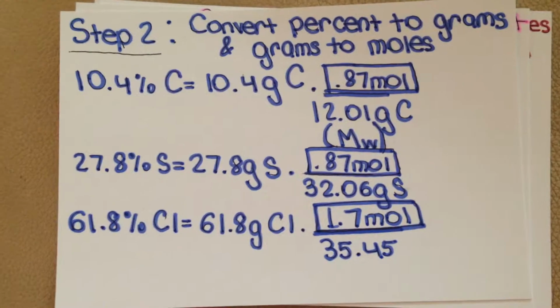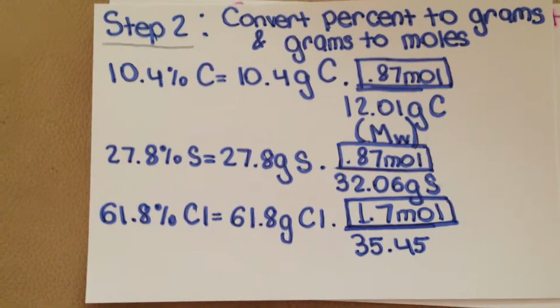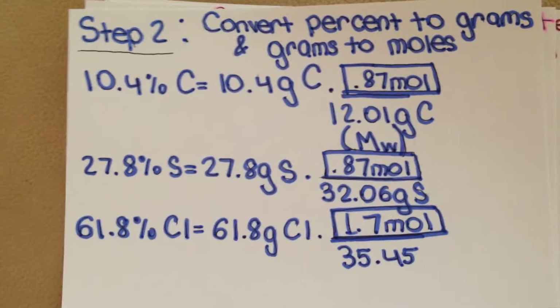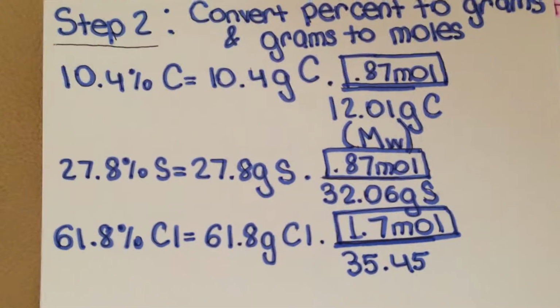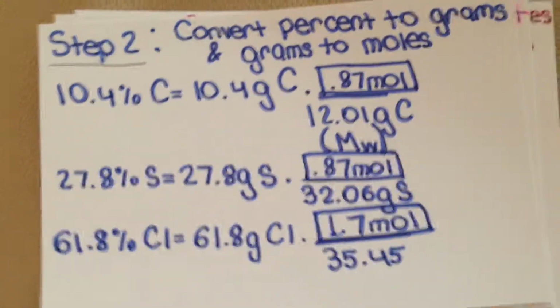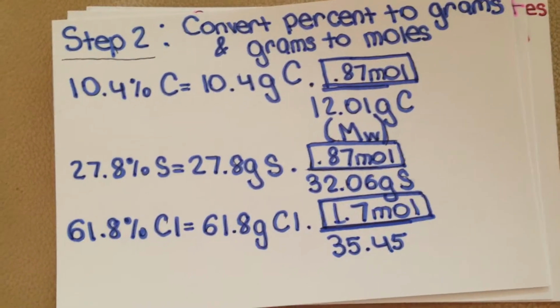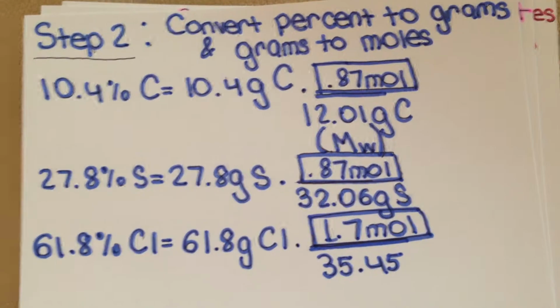For the second step, we would convert these percentages to grams and finally the grams to moles. We have 10.4% carbon. This, in turn, becomes 10.4 grams of carbon. We would divide this value by the total molecular mass of carbon, which is 12.01 grams, to arrive at 0.87